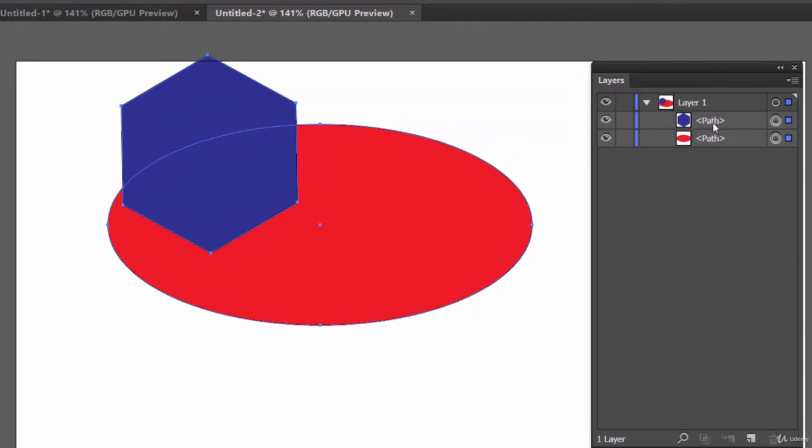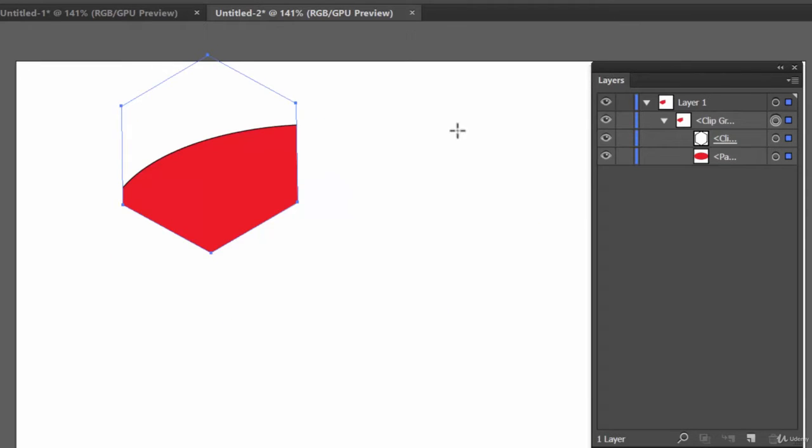At the top we have this polygon, and at the bottom we have this ellipse, but we are getting a shape like this. So why is it happening? Actually we are clipping this ellipse based on the polygon shape.